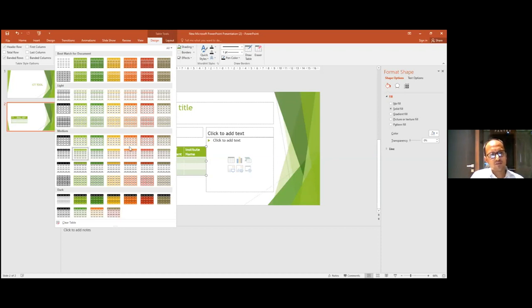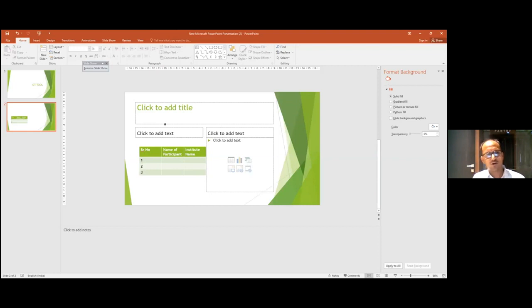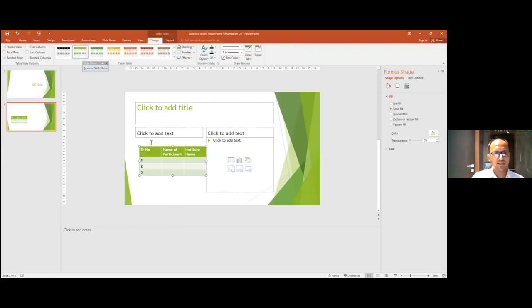So it totally depends on you how you decorate your presentations, because in your presentation, the matter is more important, as well as the design also matters a lot to keep the attention of the students on your presentation. So you can decorate your presentation as per your needs. By just practicing these things, you can have different designs. You can have borders on the table, you can remove the borders from the table. Too many options are there. You can practice it simply and you can get into it.